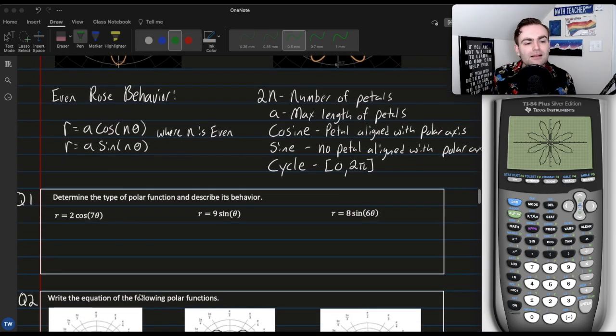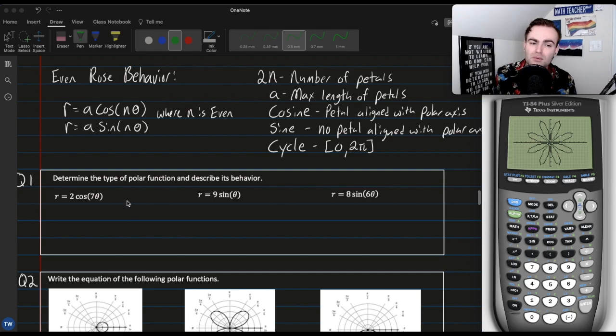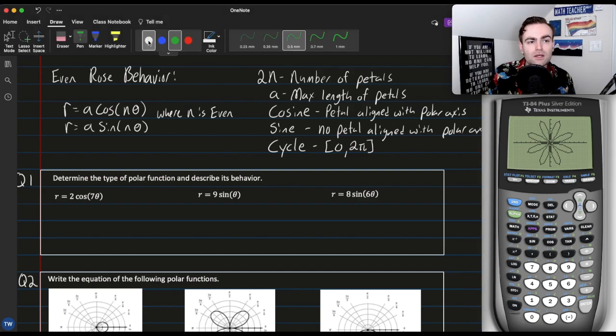So let's determine the type of polar function and its behavior. We're going to try to do this without a calculator, and we'll check ourselves, right? So first thing I notice is that we have something inside. So that tells me it's not a circle. It's going to be a rose. So this is a rose, and it's an odd rose. So it's a rose with 7 petals